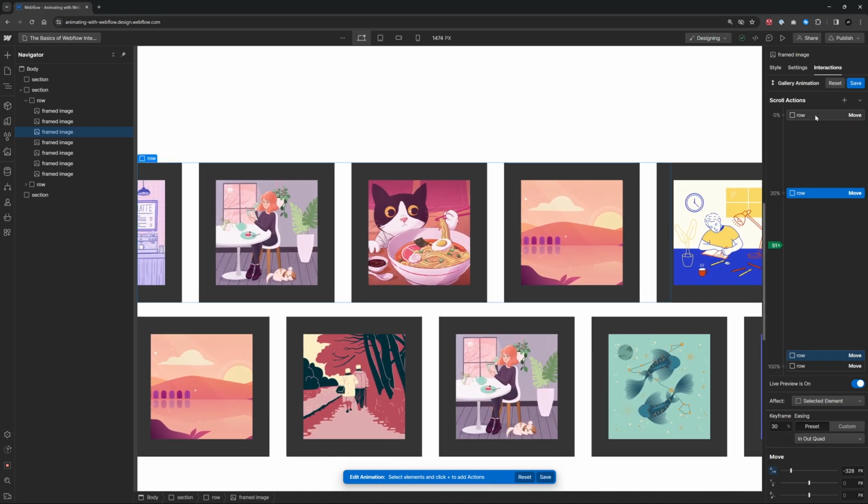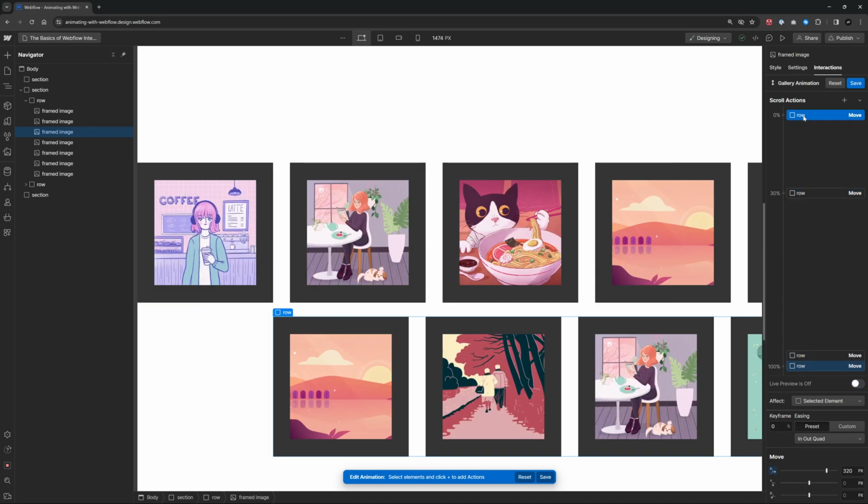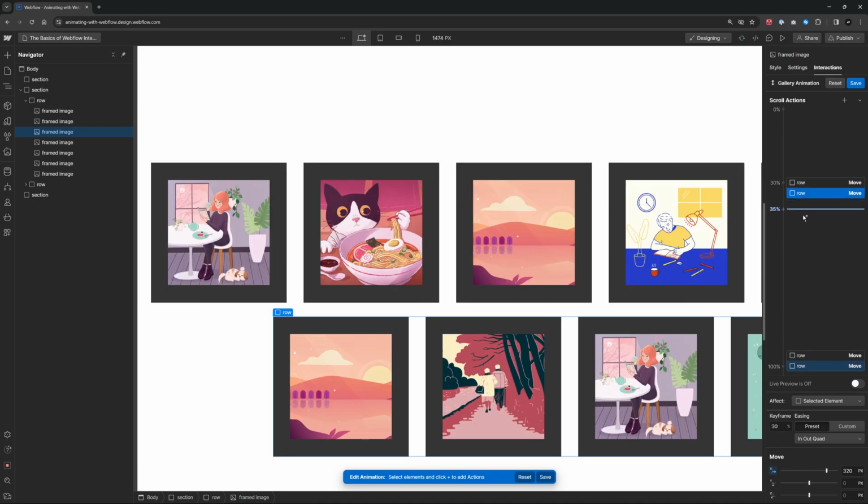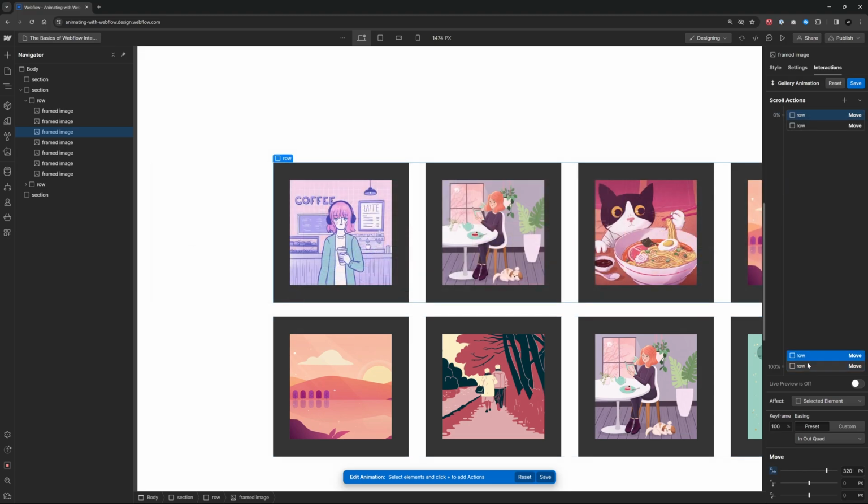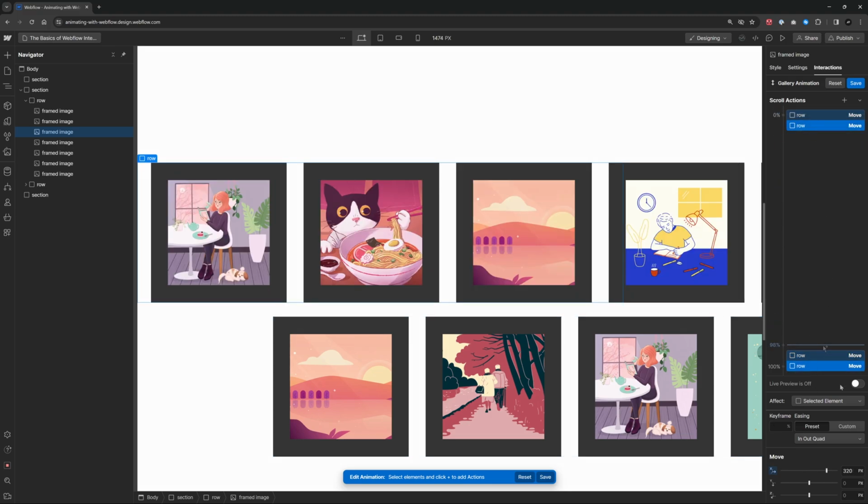And if I want to do the same for the bottom row, I can do that too. I can move it there. I can hold down Shift and select multiple actions, and I can hold down Control or Command to select individual actions just like this. Now, the stuff that you see here on the left side, 0%,